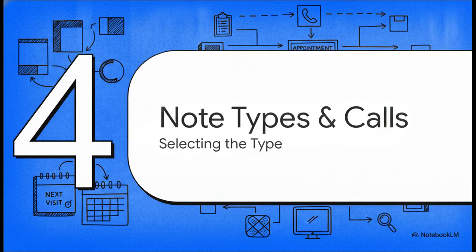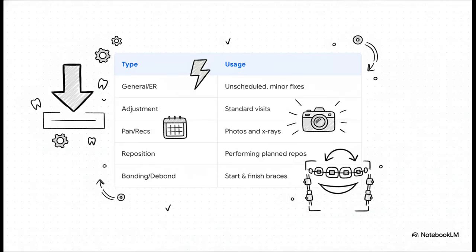Next up, phase 4, note types and phone calls. The skeleton stays the same, but the wrapper changes. You have a whole drop-down menu of note types to pick from: general or emergency for those minor fixes, adjustment for your standard visits, pan and rex for when you're snapping photos for repositioning, and so on. Selecting the precise type is crucial because each one triggers specific fields and drop-downs that you're going to need for